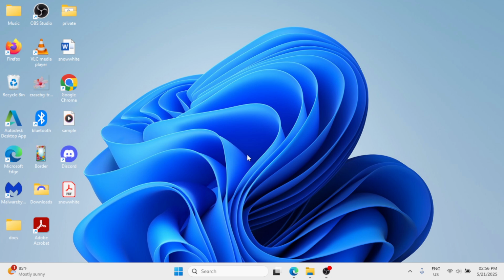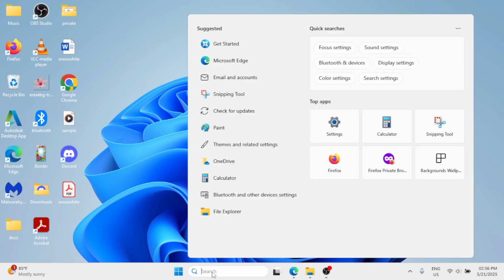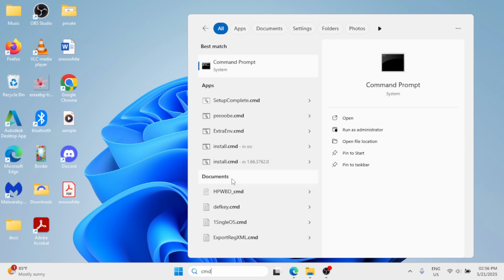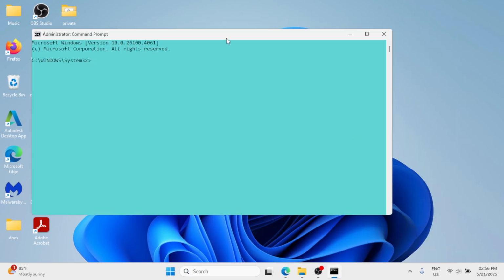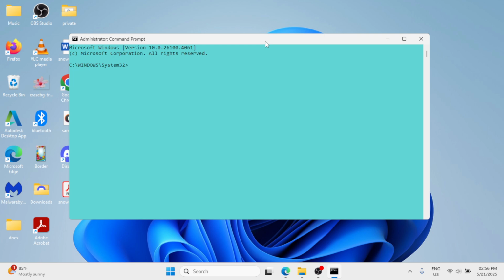Next method, we can also run some commands in the command prompt. Go to the Windows search bar and type cmd. On the right pane, click on Run as administrator. In this command prompt, we need to type these commands. The first command is netsh winsock